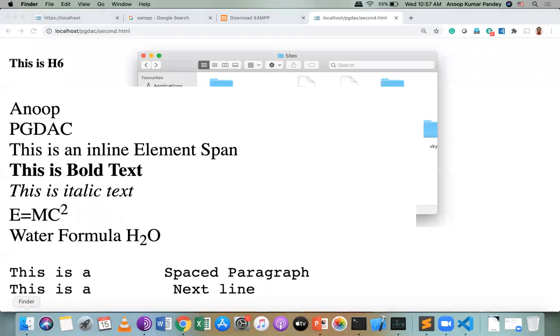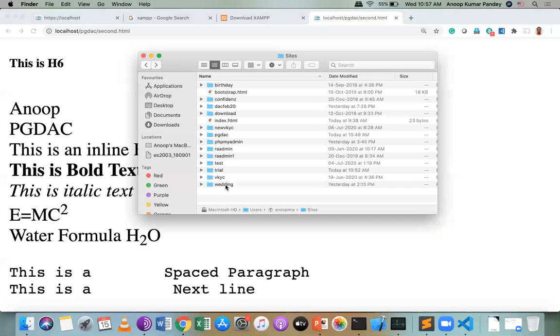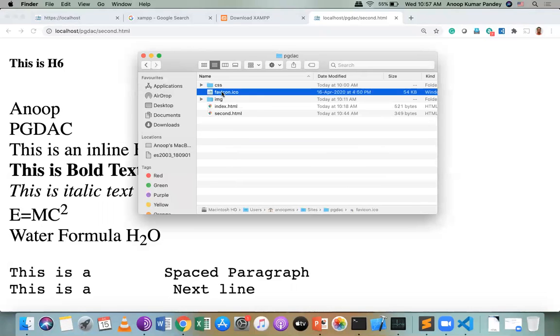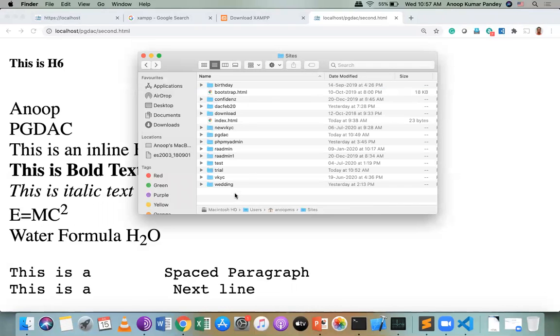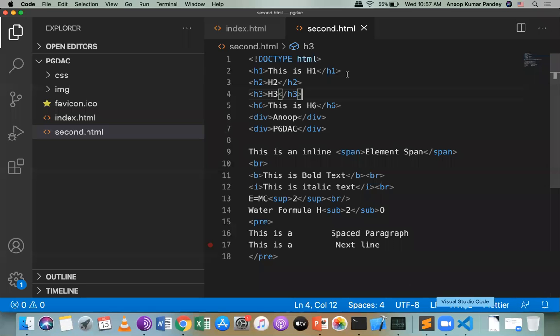So what I will do is, I have created a favicon here, Control C, and I will copy it here, Control V. So automatically it will appear on web pages. You can see here, CDAC, it is appearing, and this CDAC here it is appearing. And the second way is adding it